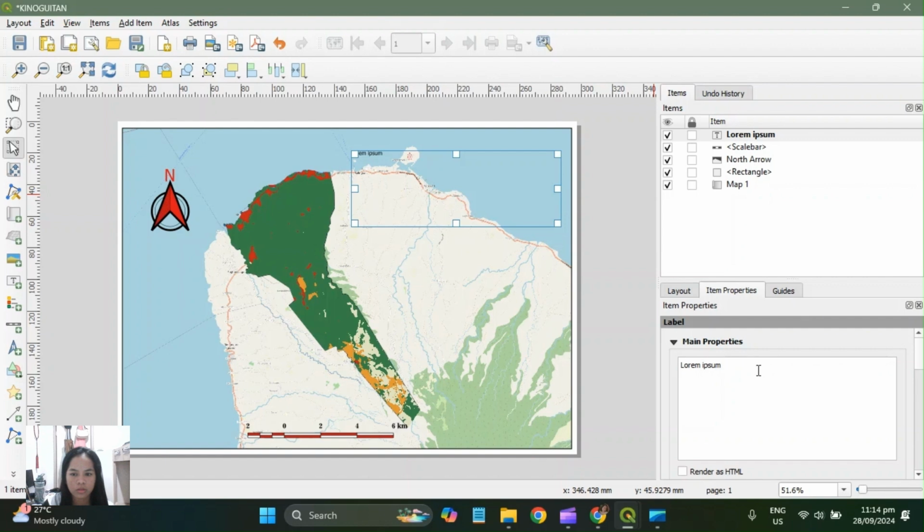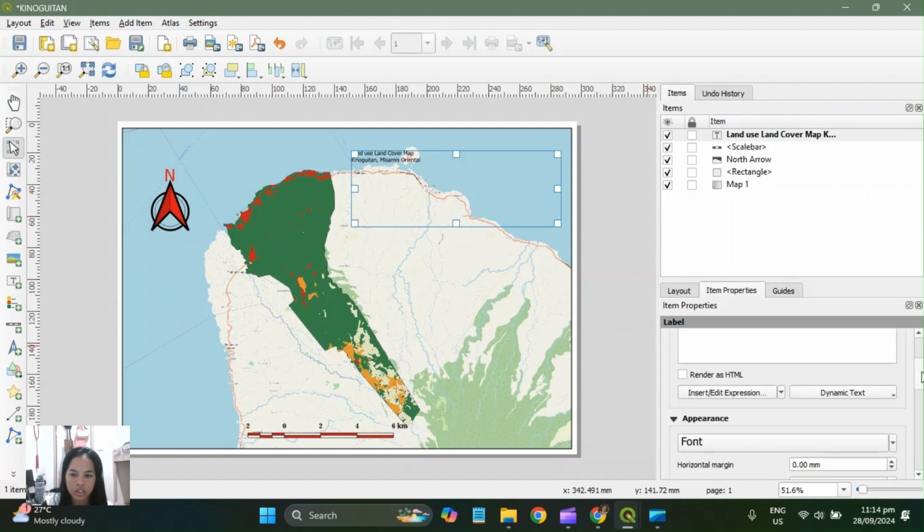The label is I would like to put the land use land cover map, Kinugitan, Misamis Oriental.